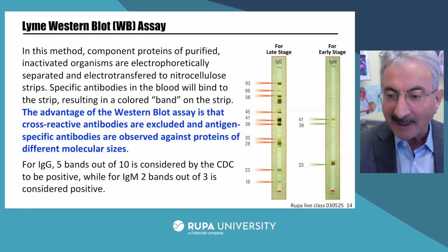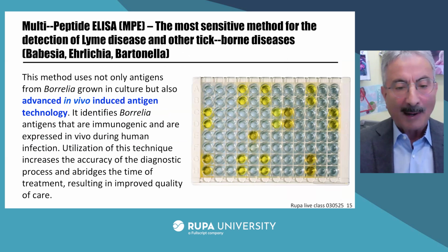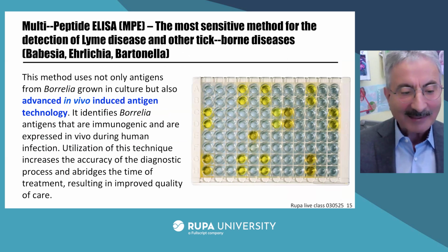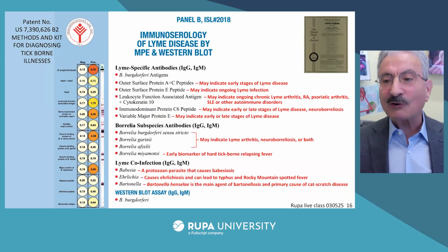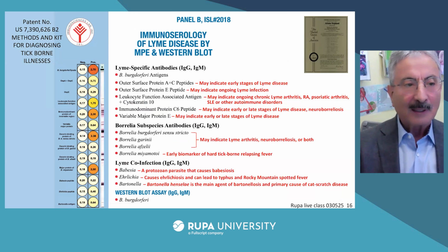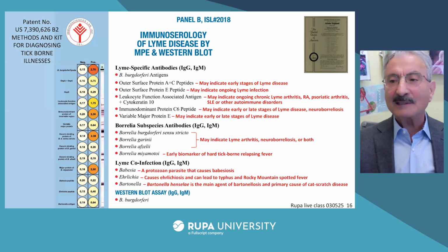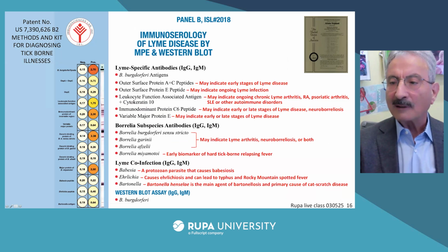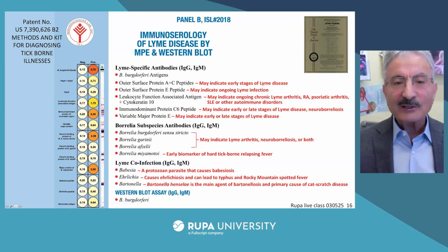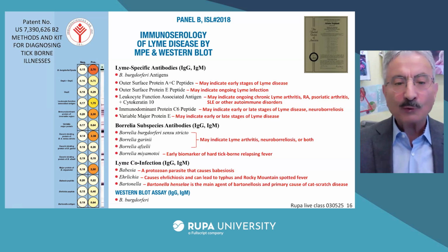So we do this in our laboratory. In addition, we are doing multi-peptide ELISA, whose details are right here. This is a test developed by me, I believe, about 15 years ago. And this is the certificate of the patent. Based on more than 300 articles that I read at that time in scientific journals, I came to the conclusion